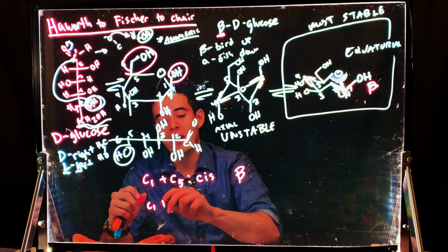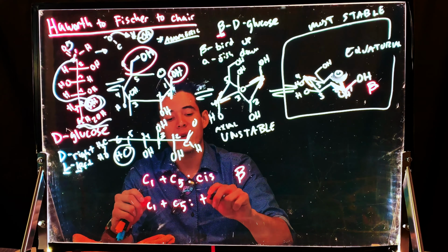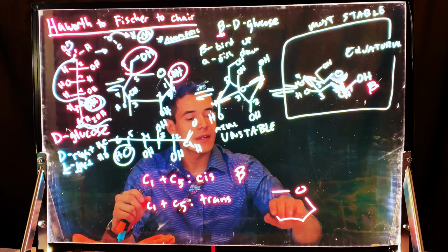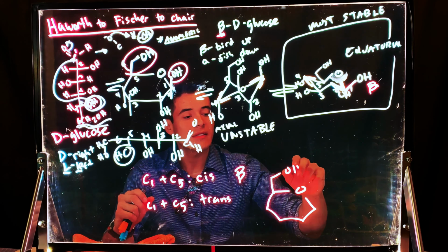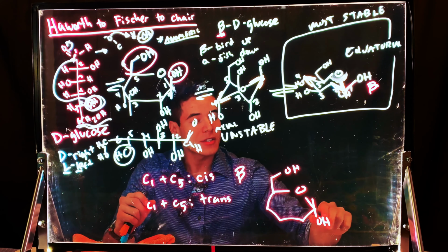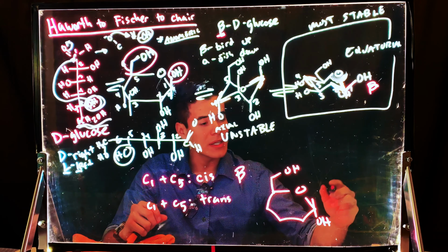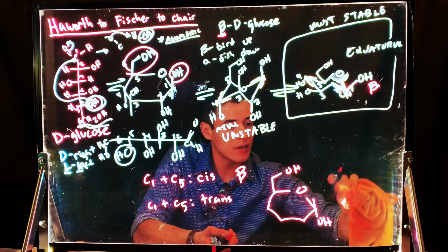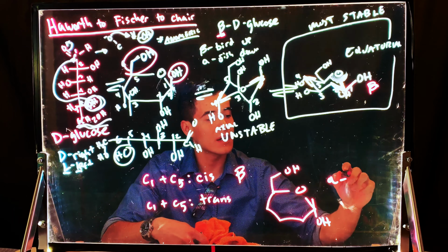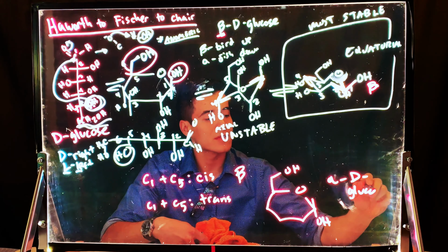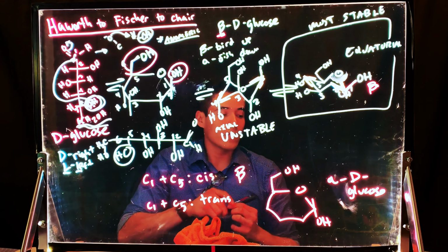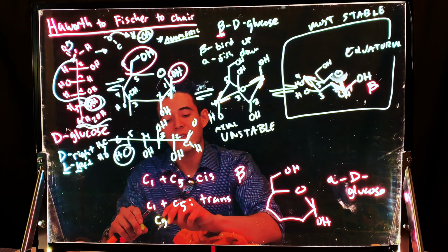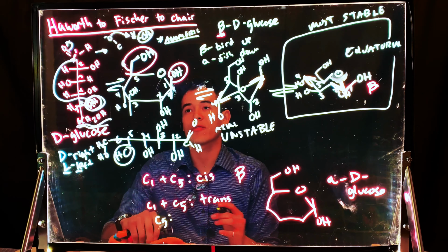Now if we look at C1 and C5 and they're trans to one another, let's say I had something that looked like this with an OH going down, well, this would not be beta, this would give us the alpha conformation. This would be alpha-D-glucose, okay? Now, another thing I want to say is if we're looking at C5, carbon number 5,